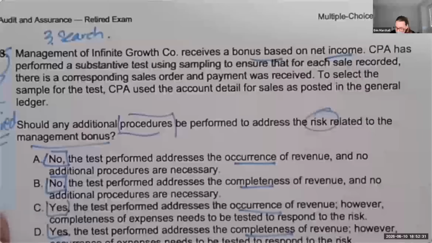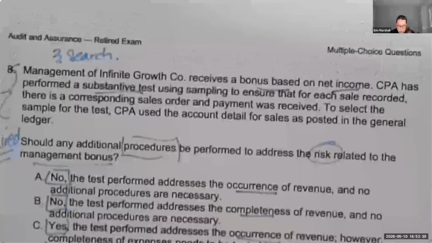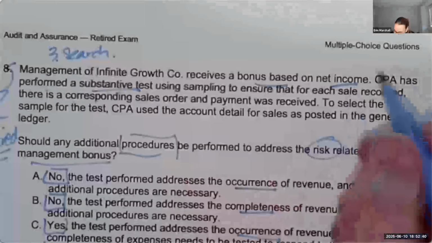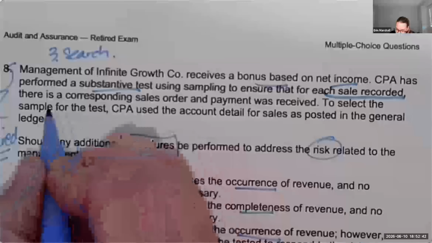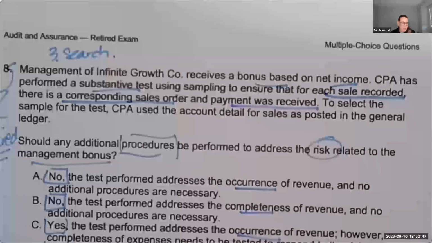Okay, so I don't care what the company name is. They receive a bonus based on net income. Great. You've performed a substantive test. All right, that's part of what I need to know. I need to know what the test is. This is important information. They've used sampling to ensure each sale is recorded. There is a corresponding sales order and payment was received. All right, so I need to know what the test relates to. I need to know the